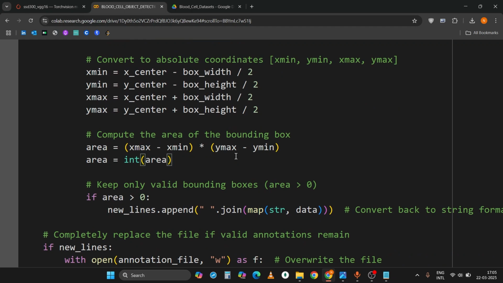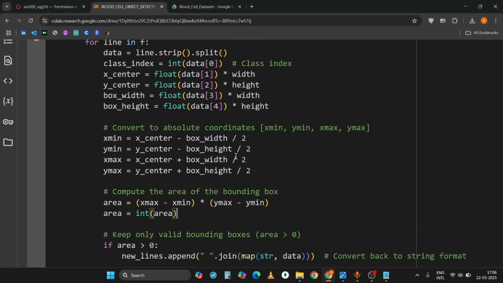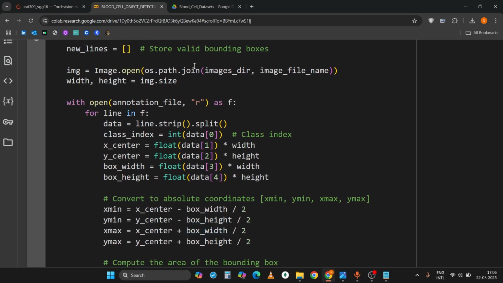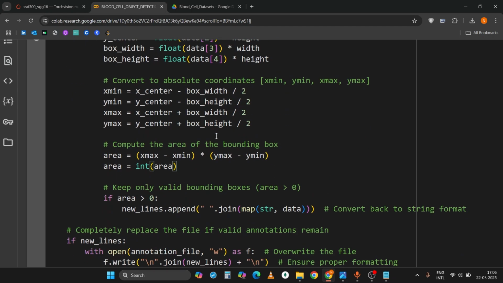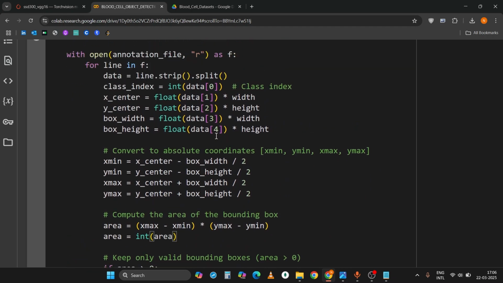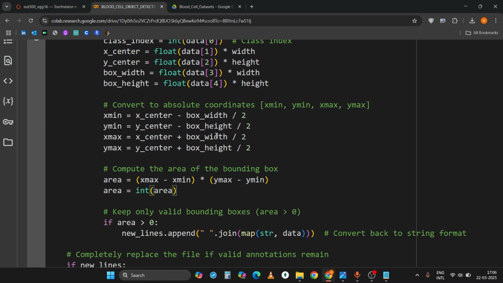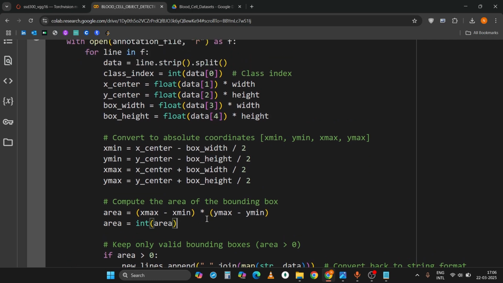Now you will say, why is there a need for this whole calculation? Just directly multiply width and height, you will get the bounding box. You will say that. Okay, but I kept this just for the explanation. So don't worry, you will be able to directly calculate the area. Just multiply width and height, you will directly get the area of the bounding box. Okay,